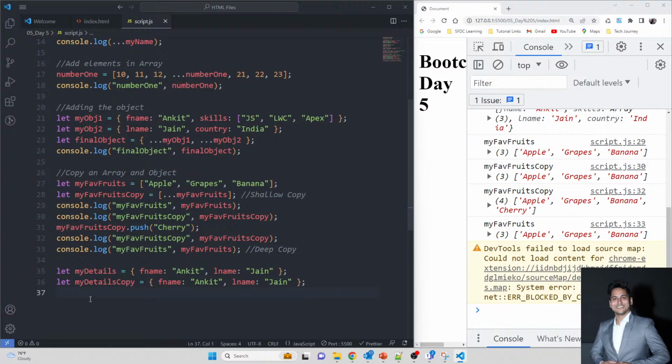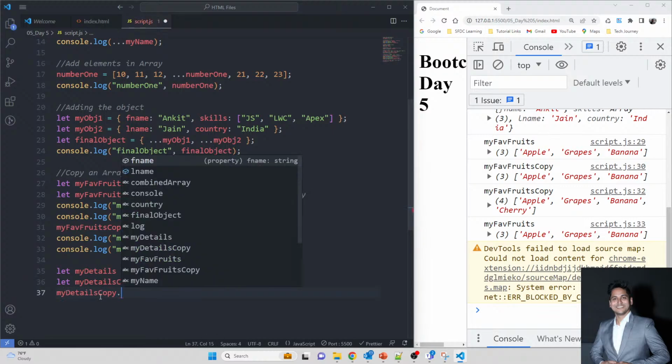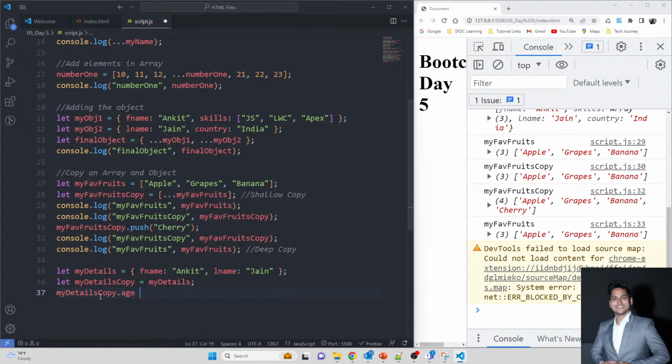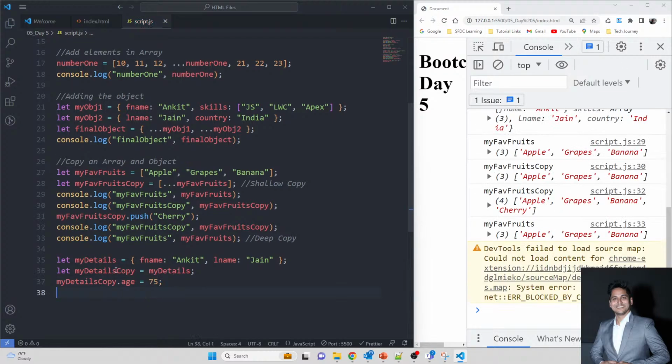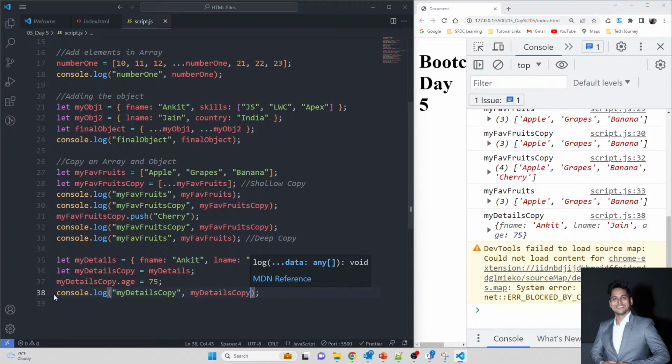Sorry, my bad. Here the my details copy will be the my details only, because I want to make the copy of my details. So that's where I'm assigning the my details to the my details copy. Now if I go and modify the my details copy, let's say to add a new entry, I'm putting here the value as age, and here I'm putting the age as, let's say, 75. Okay, now if I go and print both of these, I print the my details copy, and also the my details,